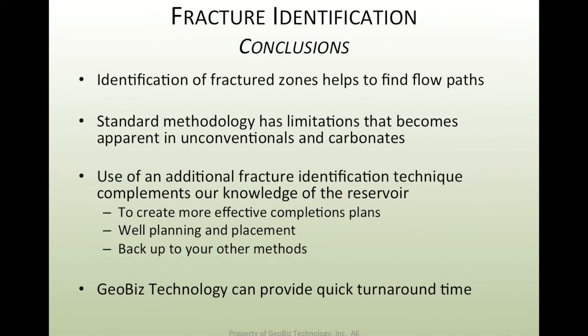So some of our conclusions from the case studies that we did, and just in general, was that the identification of fractured zones helps to find flow paths. Whether you want to exploit them or avoid them, it does help to find these flow paths. The standard methodology has some limitations, much like we saw in Eagleford with the shear anisotropy: the shear waves not splitting when encountering fractures, versus the fracture identification method picking up those areas with pretty good accuracy